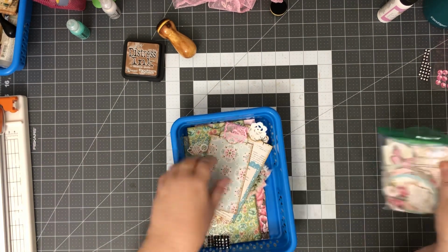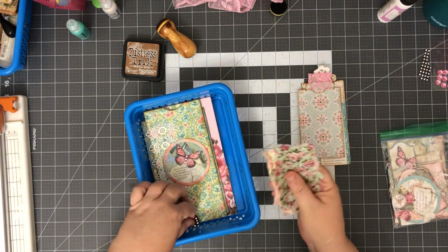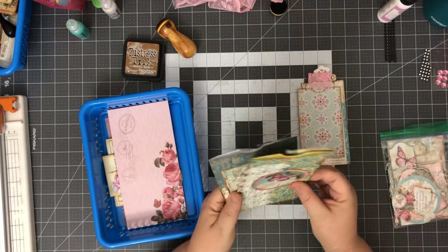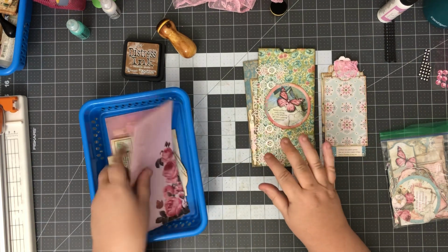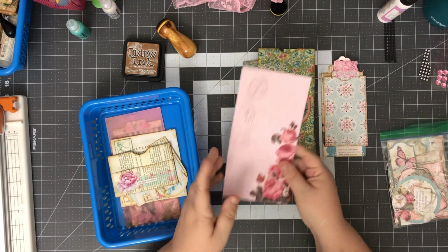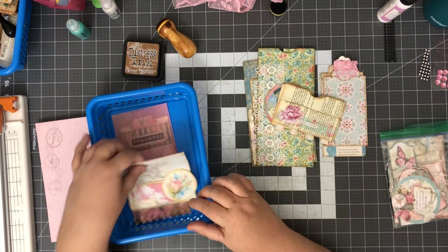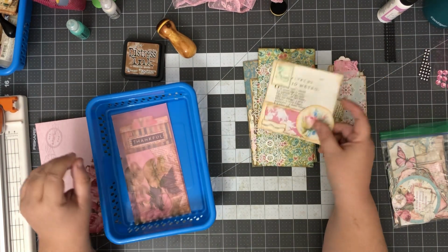These are the ephemera pieces. Okay, so we have pocket, pocket. I saved the fabric from the fabric flip. These two are both pockets. This is going to be a clip-in. This is just the envelope from the piece of stationery that we used. These are 2 more pockets. This is another pocket. So 1, 2, 3, 4, 5, 6, 7,